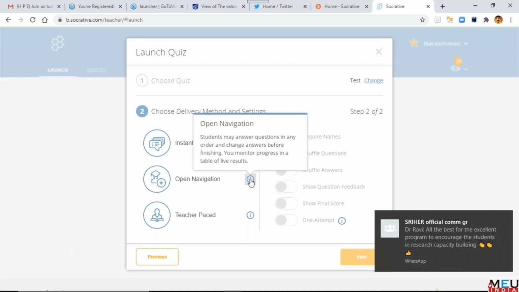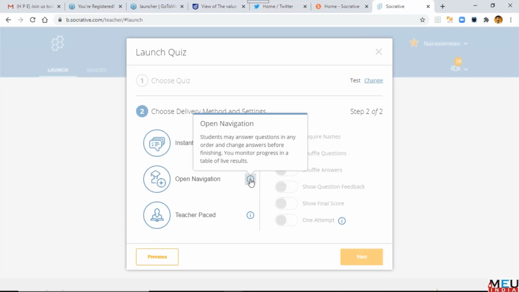Somebody asked, can they go back? If you give this, the students can do that. They will not be going on first, second, third, fourth, fifth question; they will be able to answer in any order. But we will be monitoring from the remote.